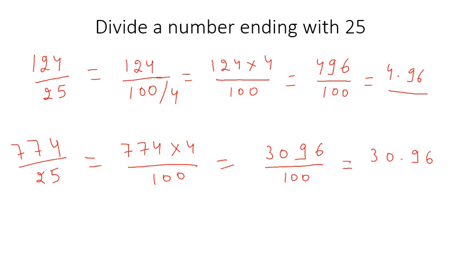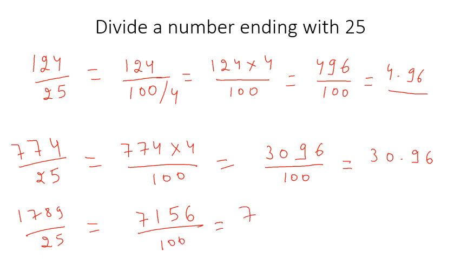In a similar fashion, let's divide 1789 by 25. What will be the first step? The first step will be to multiply this number with 4. 9 times 4 is 36, 3; 8 times 4 is 32, 35, 3; 7 times 4 is 28, 31, 3; 7, and then divide this number by 100. So the final result will be